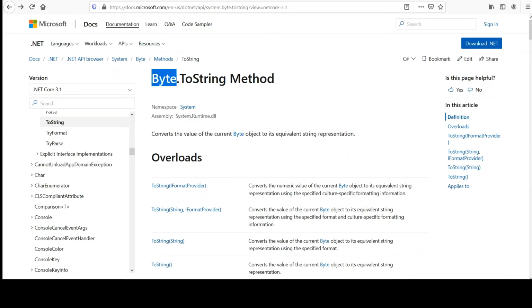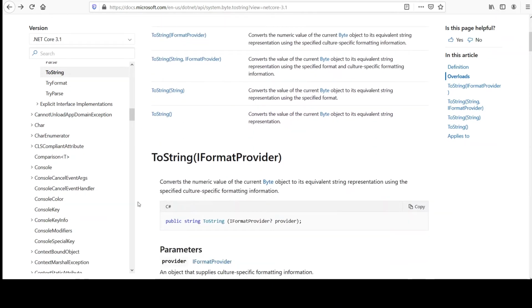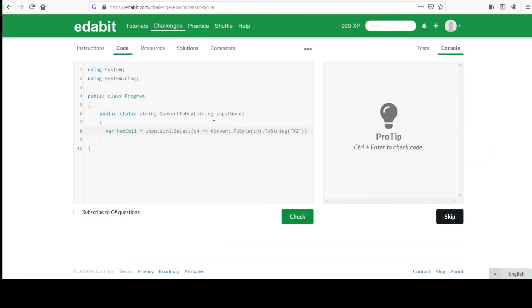Byte. When you have a byte, you can call toString and format it however you like. In our case, we're doing x2. We want 2 hexadecimal characters. So just to make sure that this does what I'm claiming it will do, we can run a quick loop